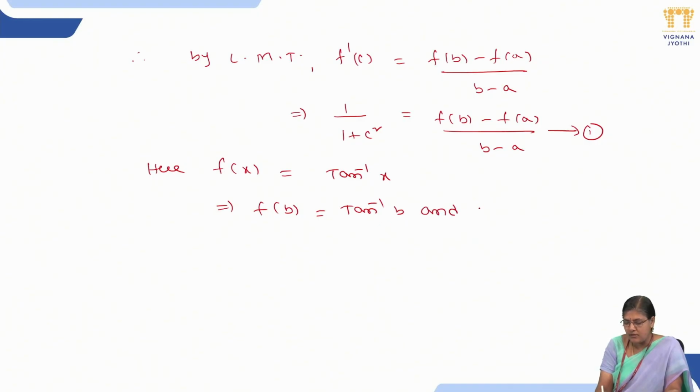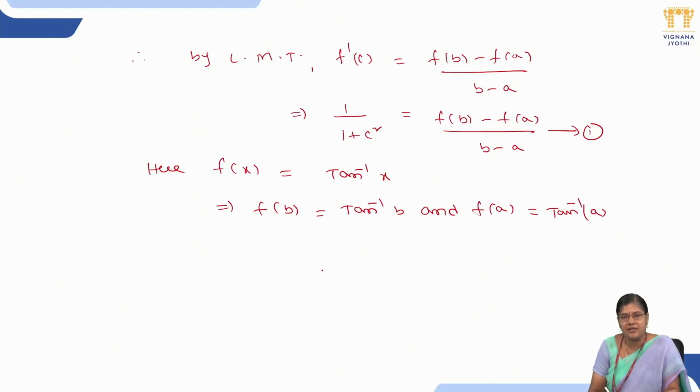And f of a is equal to tan inverse a. Putting x is equal to a and b in f of x, we will get f of b and f of a. Substituting f of b and f of a values in equation 1, we have